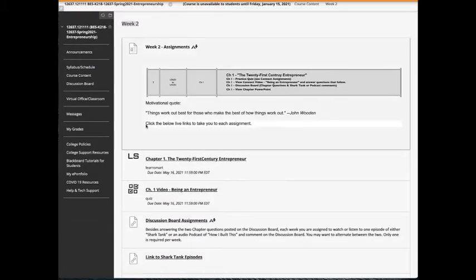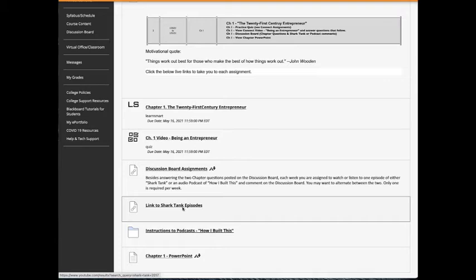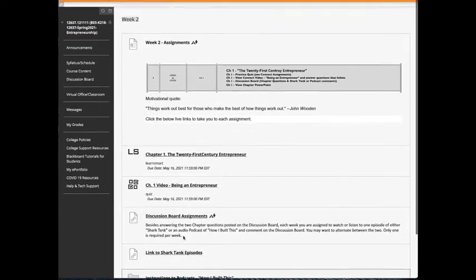Week 2 actually starts the regular assignments. This is a cut and paste from the course-long course schedule, if you will. And each week we'll have a little motivational quote. And then it's important to note that the first assignment is to read Chapter 1. And here's the link that goes directly to Chapter 1. Here's the link that goes directly to the video that you're going to be graded on, of course. And our discussion board, a direct link, and here's information on the Shark Tank and the podcast